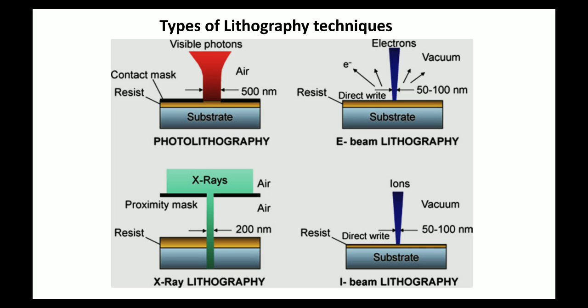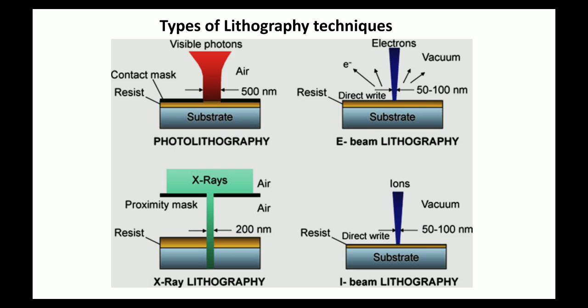Once we see the details of how photolithography and electron beam lithography are done, the only difference in X-ray lithography and ion beam lithography is that instead of visible photons we are using X-rays,